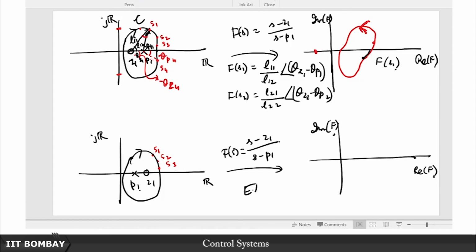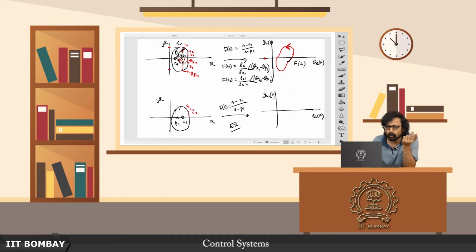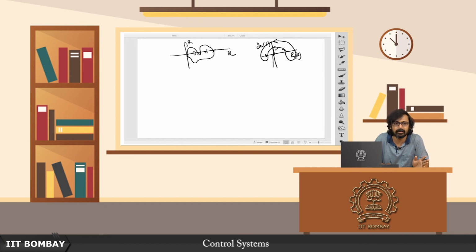If you just interchange the position of the pole and the 0, the arguments all remain the same except for one crucial little change. Of course I do not know about the shape, so the shape will not be preserved between these two, but the only crucial difference insofar as the traversal is concerned is that this will now go clockwise. You can just apply the exact same reasoning as we applied earlier and you will see that this will go clockwise once around it,